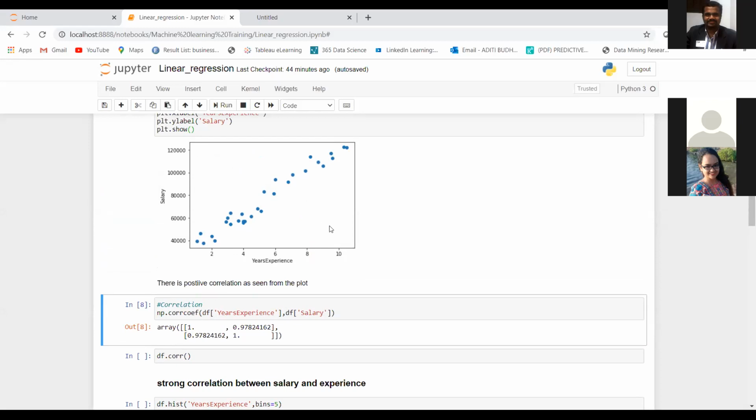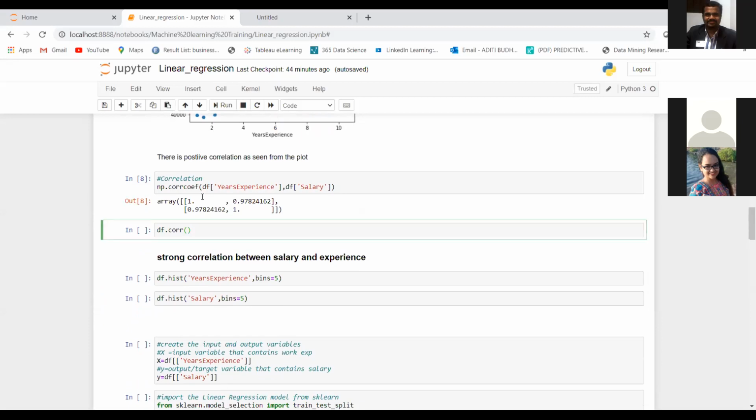So it would be a downward sloping line, and the trend would be downward. Here it is upward, but in case of negative correlation, we will get a downward sloping line.